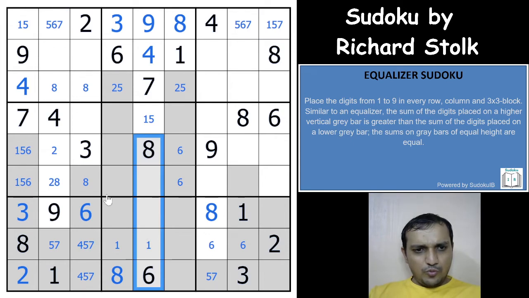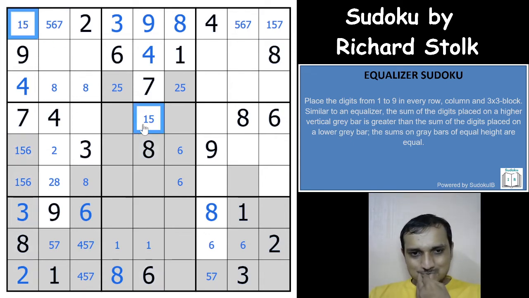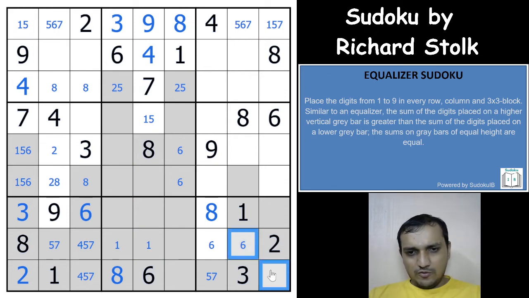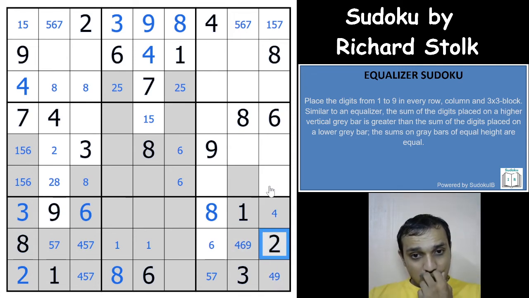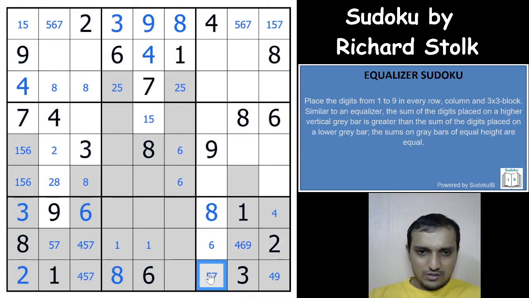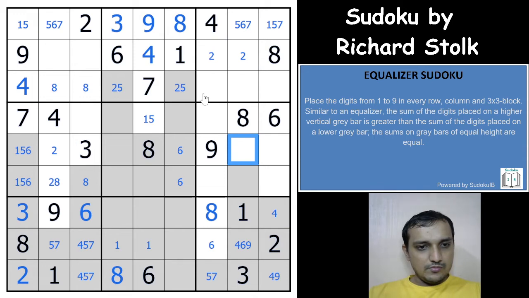So we don't have to look for these cells now, because we know that these 2 cells are equal, right? 9 would have to be in one of these two cells, 4 would have to be in one of these three cells, 5 cannot be anywhere, 6 is in one of these two cells, 7 can be anywhere, 8 is there, 9 is here. Okay, these two cells are 2, these three cells are 2,